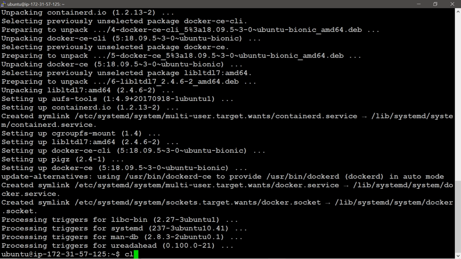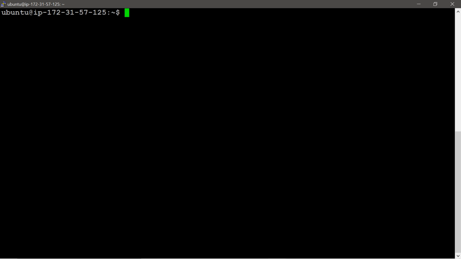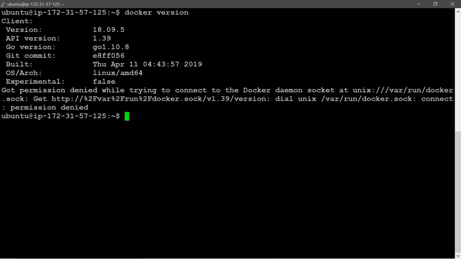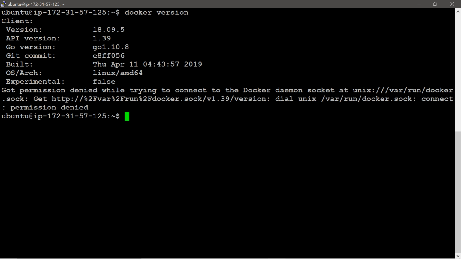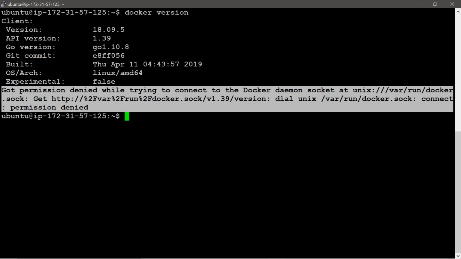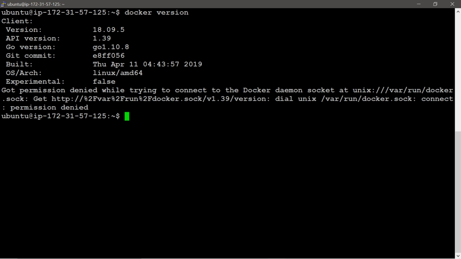After installation we should check the version now, because I will give docker version as the command to check the version. But here it is showing the client version only, and we need to know the server version also. For that there is no permission, which means the Docker daemon is not connected to this Docker client socket. Here on this display a permission denied message is showing.